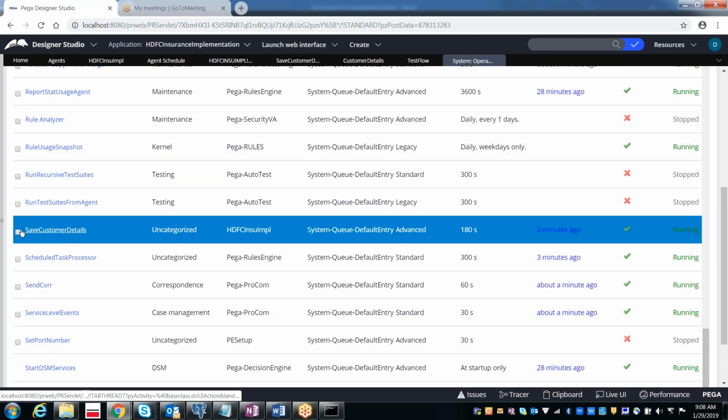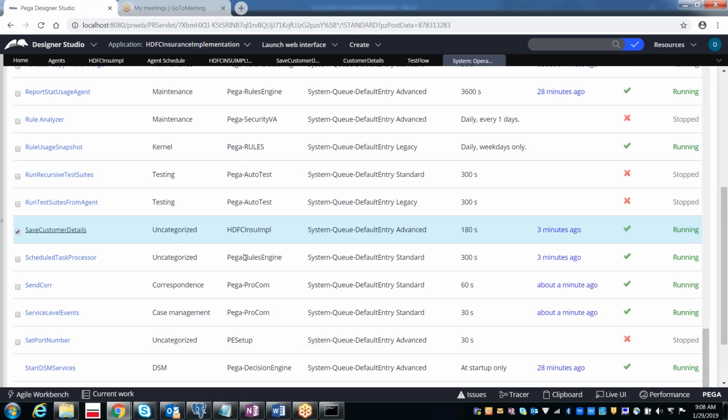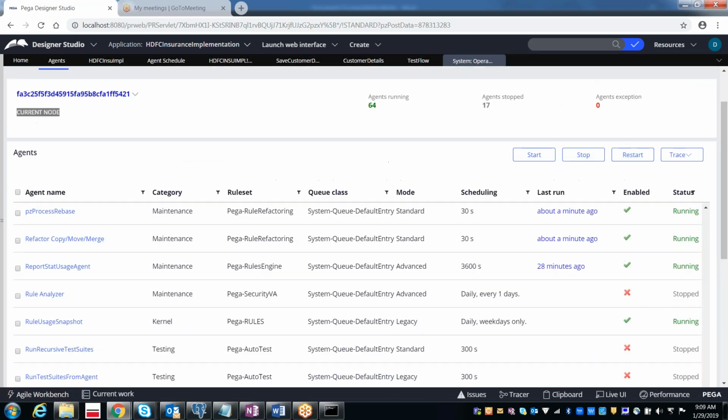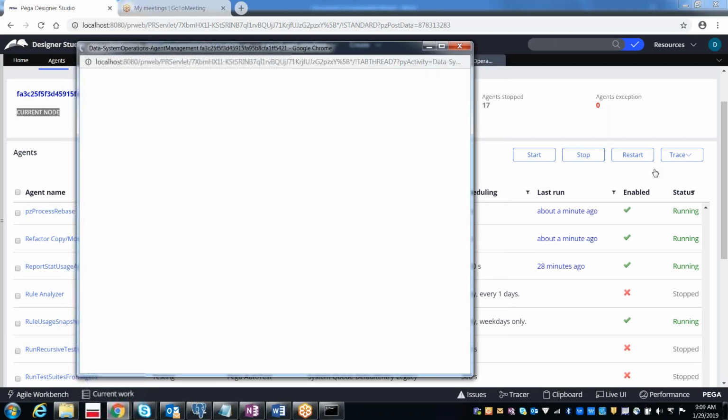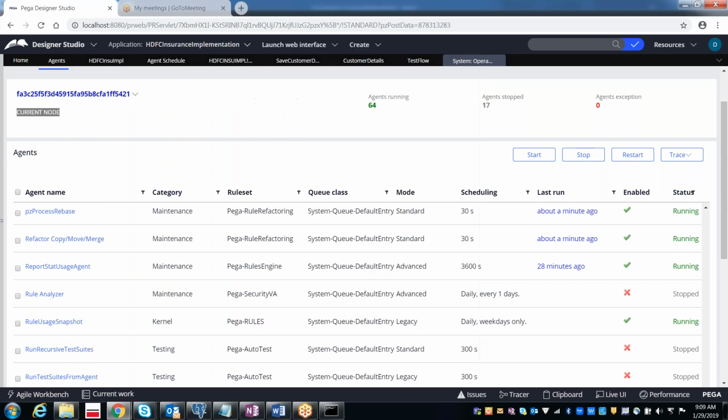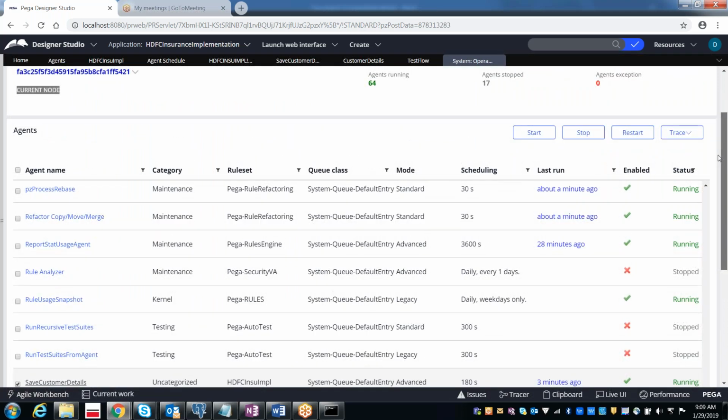Yeah, here you go, save customer details. So you can select the save customer details, and again you can trace. Okay, trace next run or trace now. Keep trace next run. Enable to schedule tracing for the agent. Okay, not sure what is the problem. Okay, restart.